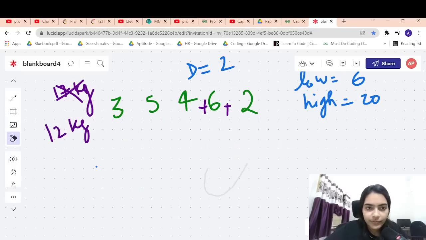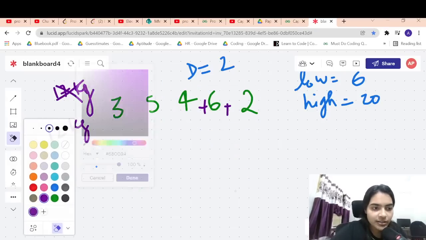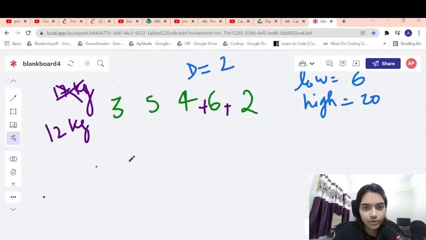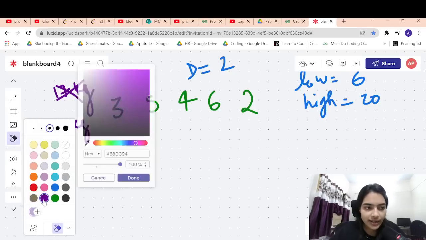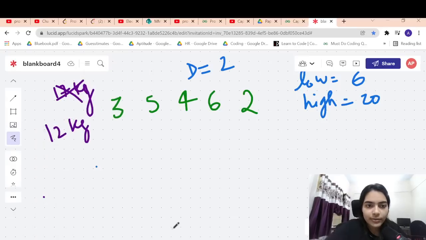But we don't know if that is the best possible answer. You can maybe have a better answer also by partitioning it in different possible ways, right? So you can try all the partitions and try to find out the answer. So you can try doing a partition like this, partition like this, partition like this, and try finding out the answer.